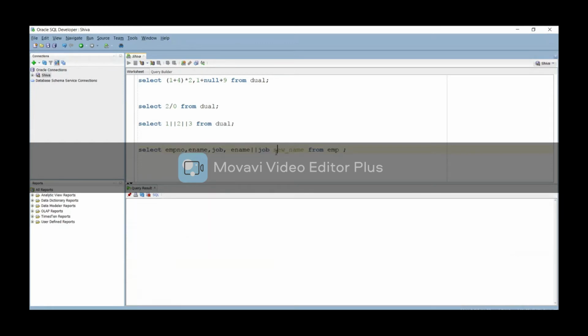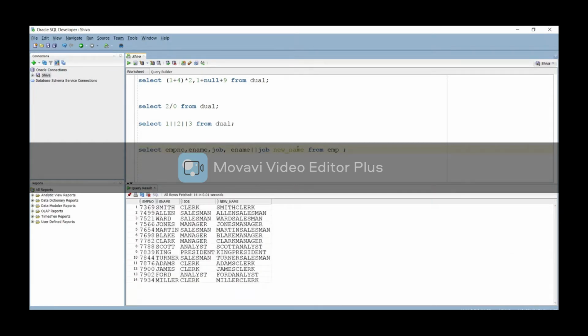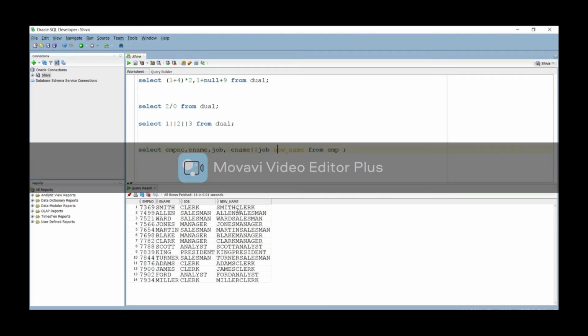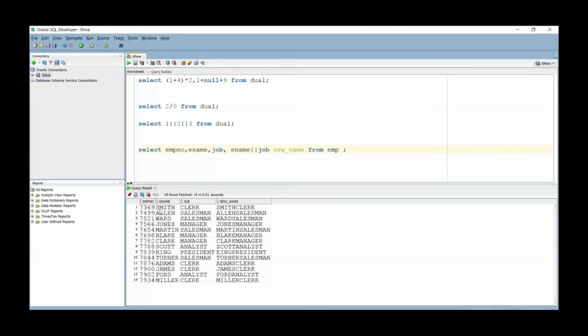This will work up to this session only. Now I have concatenated e name with job. Smith is concatenated with this. Clear? But you cannot decide where the first name ends and the last name begins. There is no relation, no spaces to understand that Smith is the first name.